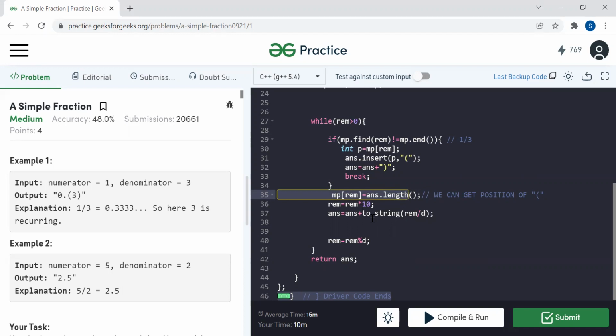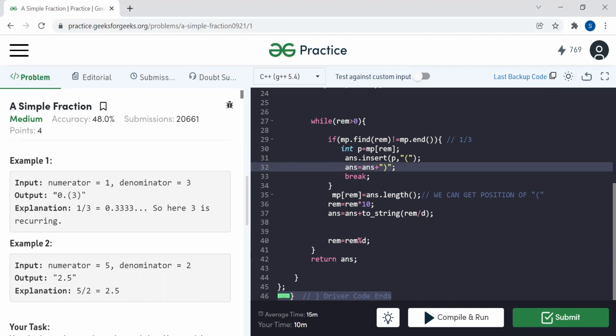And after that, if 3 comes again, it will go inside this condition, and we will get the position of this opening bracket, right? We will insert the opening and closing brackets inside this answer, and finally we will break out of this loop and get our final answer.